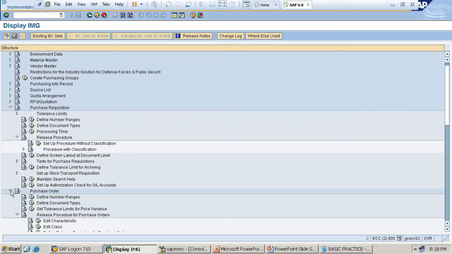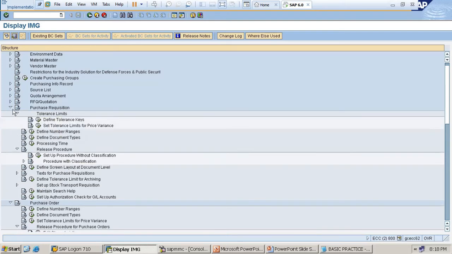Whereas in purchase order there is only one option, that is header level. Here, this is item level. We can get the release tab at item level as well as header level. That's the reason for two options.